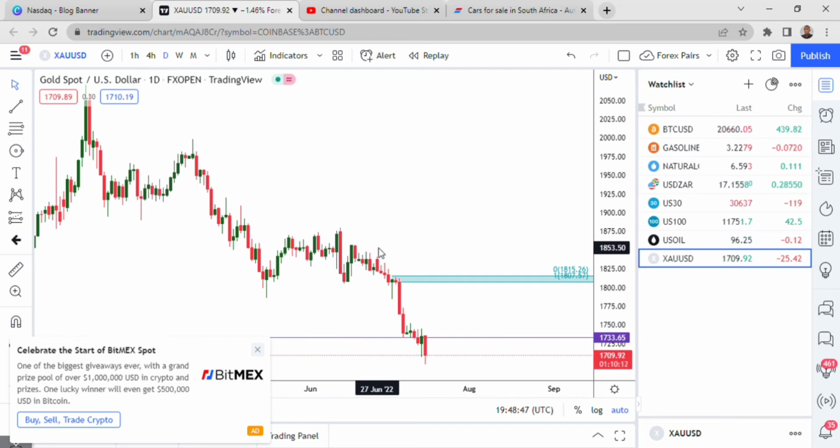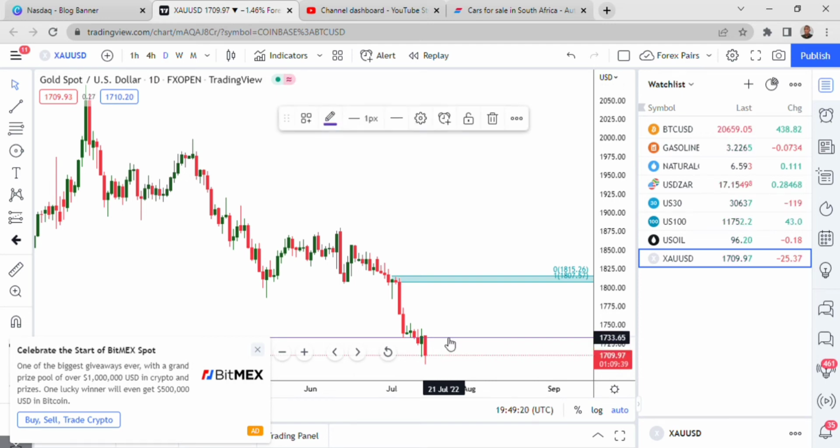Is it increasing the odds in your favor, or is it working against you? Because here you can see two pin bars, and both of them are bearish pin bars because we've got the tails above, which means the price was trying to go up, but it was rejected and pushed down. The next one rejected, pushed down. This is not a good sign. Now we can see the price went down. This is the move that violated that weekly area of support that I removed. So now, because it's been violated, you remove it.